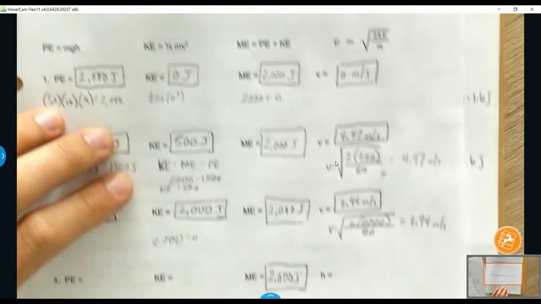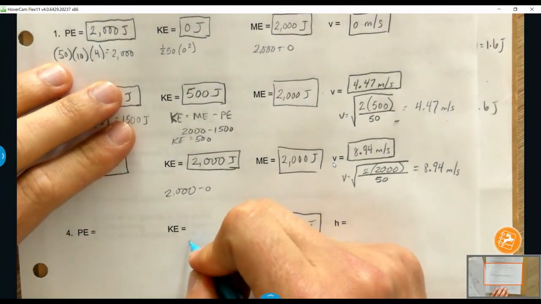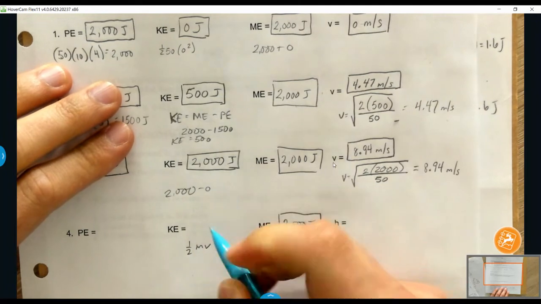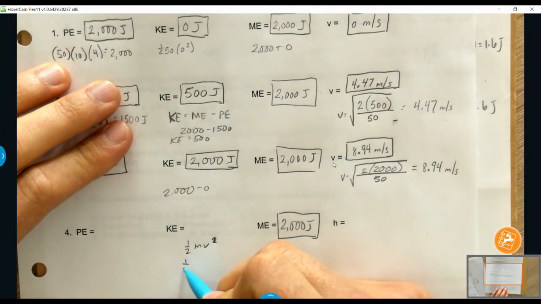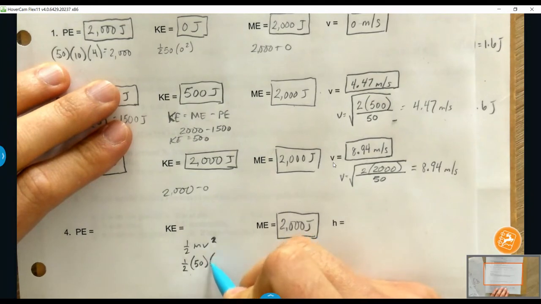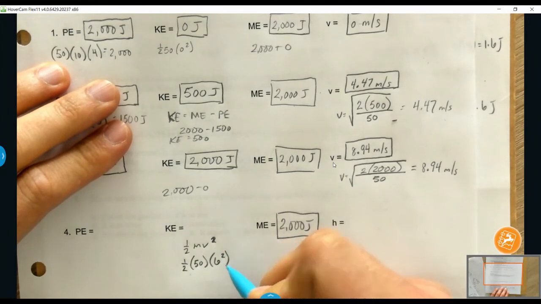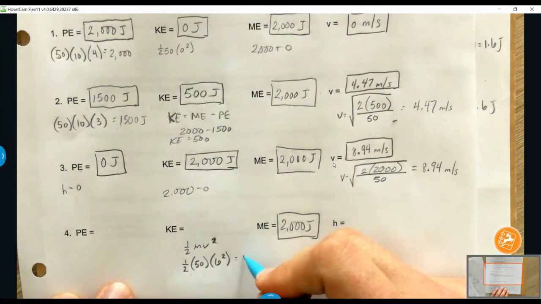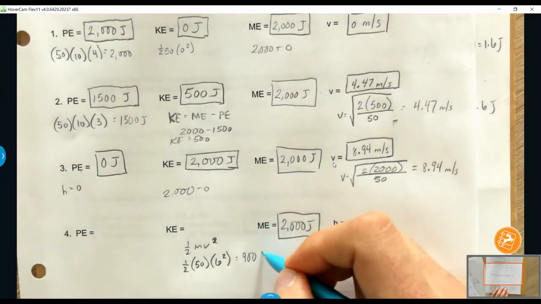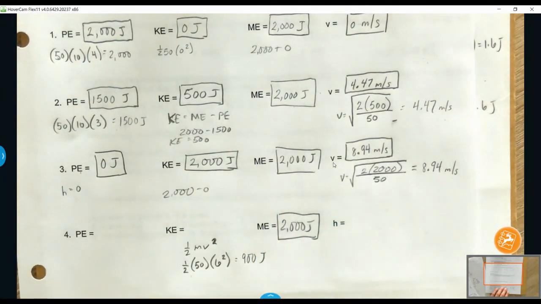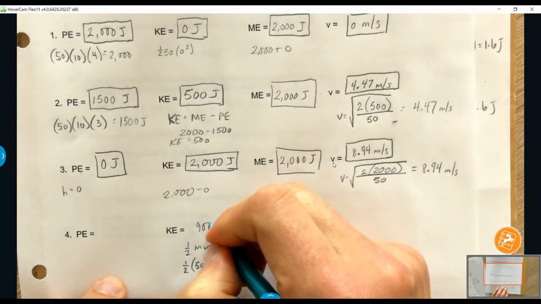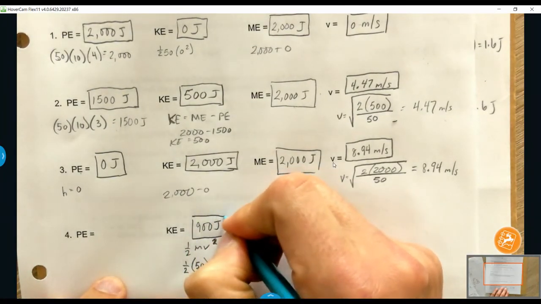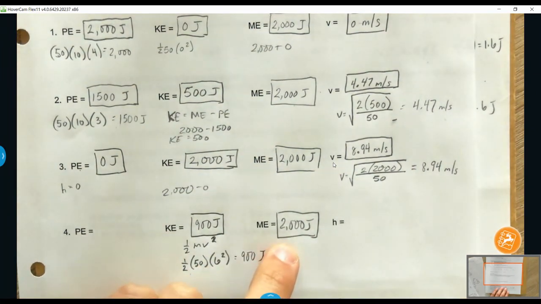kinetic energy. So the velocity here is 6, and the equation for kinetic energy is 1/2 mv squared. You're only squaring the velocity. So 1/2 times 50 times 6 squared. 6 squared is 36 times half of 50 should give us 900 joules, I believe. Yep. Okay, so we know this is 900 and this here is 2,000,